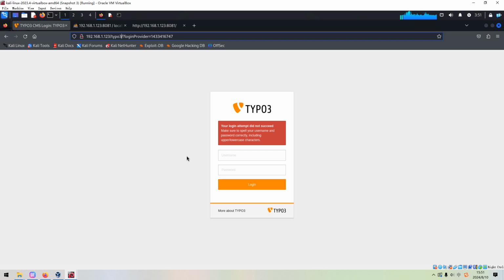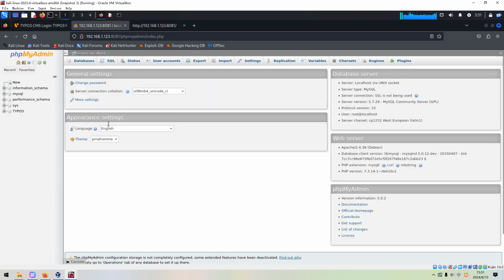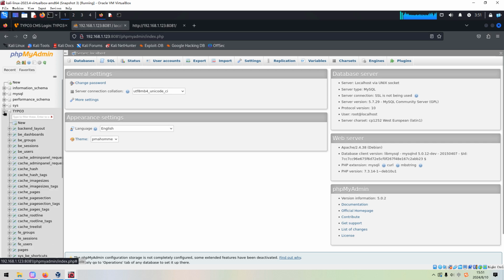If you want to, you can also use sqlmap to test whether this page or this login form has SQL injection vulnerability. To save time, I will not go through it. Okay. So because we have already got the database access, I think it makes sense if we can find the password for the administrator. Okay, username and password.